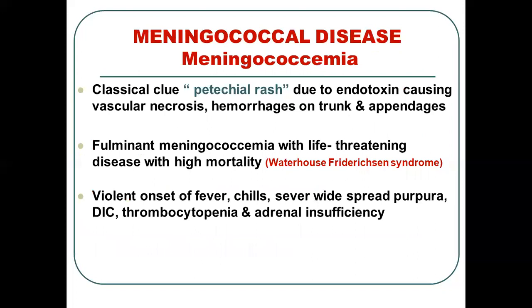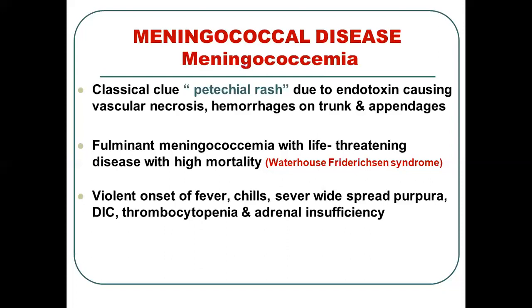Now, in meningococcal infection, a classical clue is the petechial rash. If you see small hemorrhages on the body, the clinical sign suggests infection with Neisseria meningitidis. The petechiae are due to endotoxins, vascular necrosis, and hemorrhages in the skin. So you can see small blood spots on the entire body, particularly on the trunk, the legs,